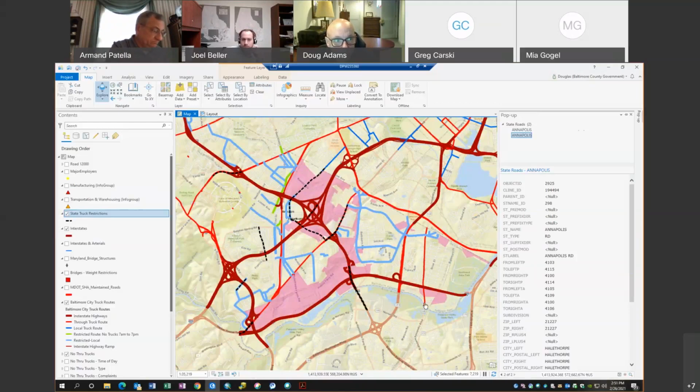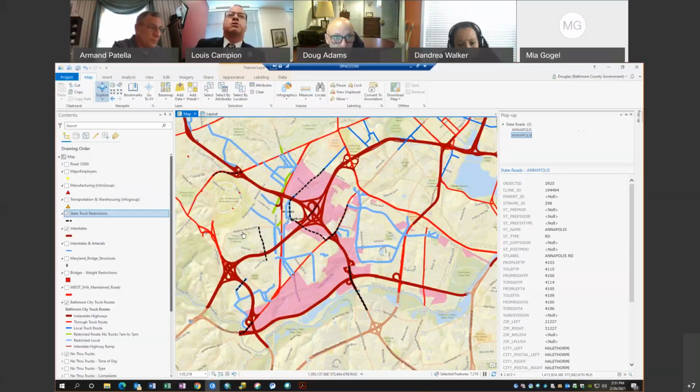Since it's not connecting anything, I would think we would take it out. Sure. So, can I just ask, I don't know what the use is. Is John on at all, or did he not make it? Because maybe he has a better sense of that, since he lives in that area.